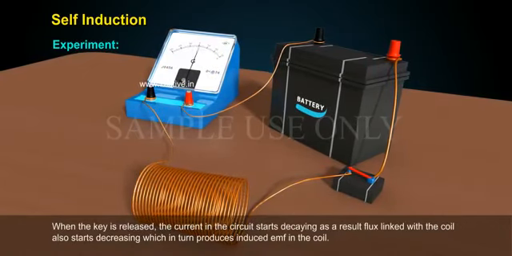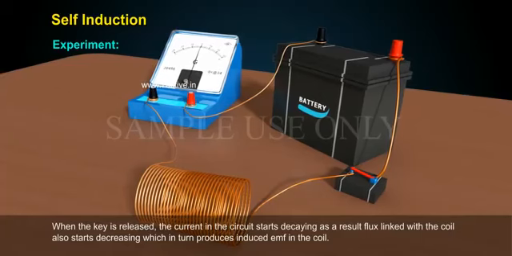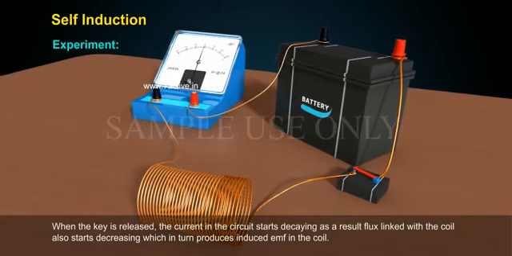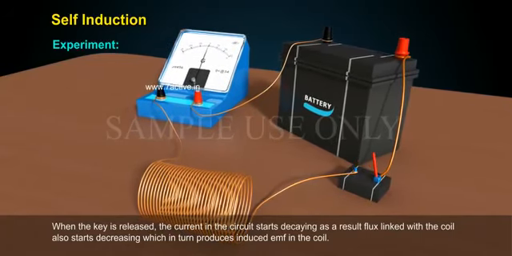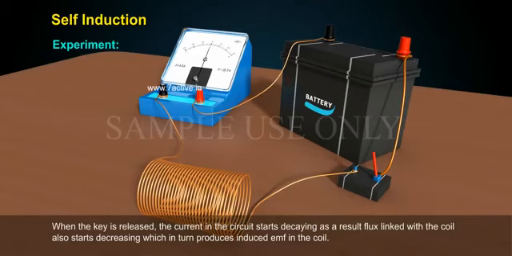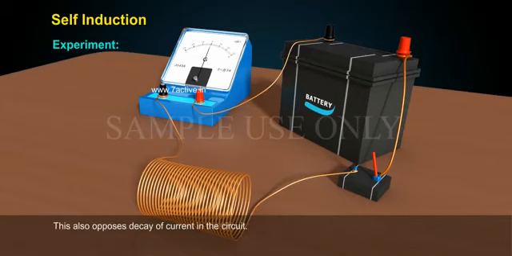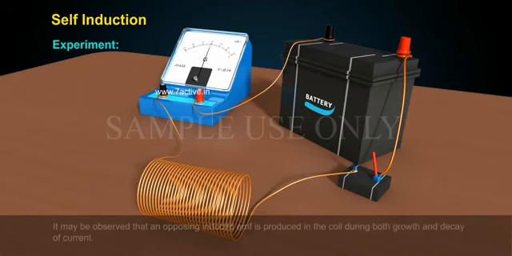When the key is released, the current in the circuit starts decaying. As a result, flux linked with the coil also starts decreasing, which in turn produces induced EMF in the coil. This also opposes decay of current in the circuit. It may be observed that an opposing induced EMF is produced in the coil during both growth and decay of